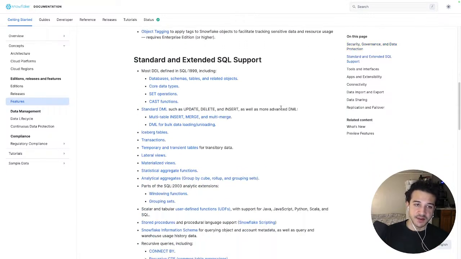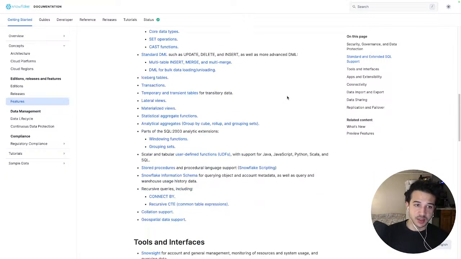Most DDL defined in SQL 1999, including databases, schemas, tables, and related objects, core data types, set operations, cast functions. Standard DML such as update, delete, and insert, as well as more advanced DML: multi-table insert, merge, and multi-merge. DML for bulk data loading and unloading. Iceberg tables, transactions, temporary and transient tables for transitory data, lateral views, materialized views, statistical aggregate functions, analytical aggregates, group